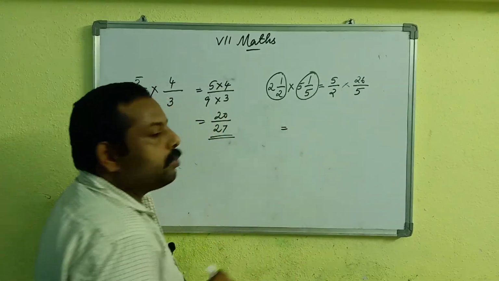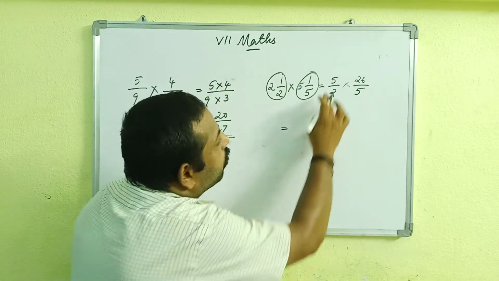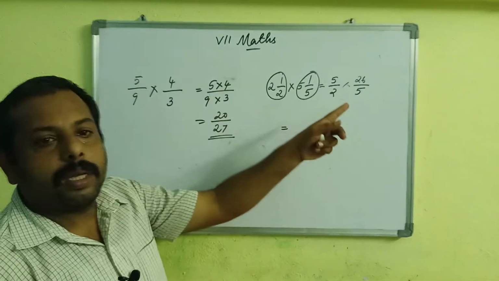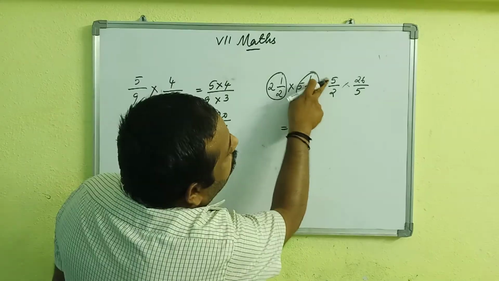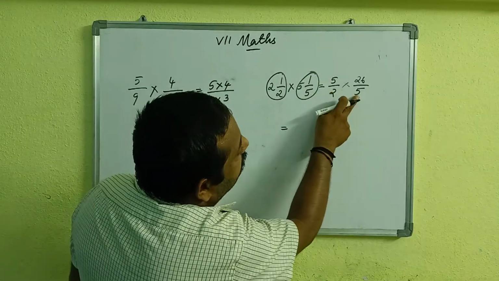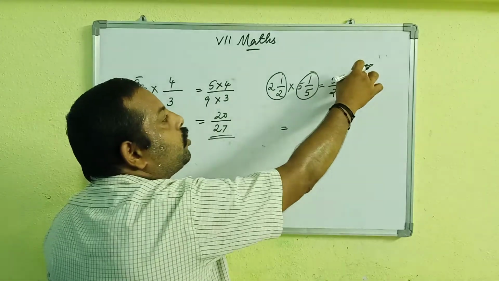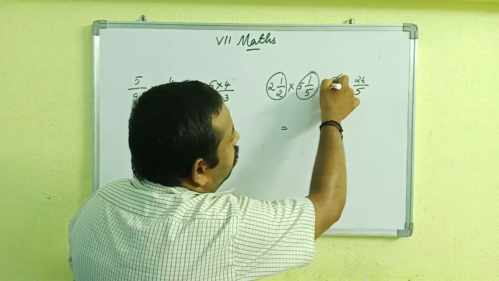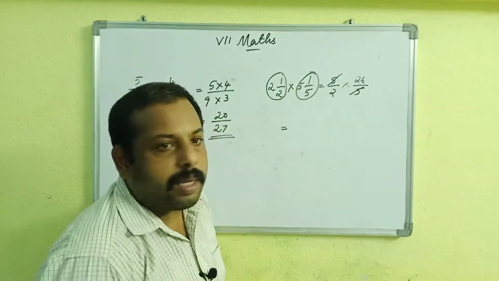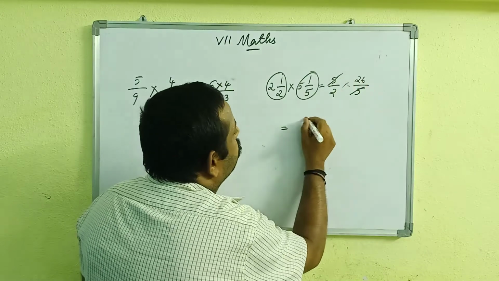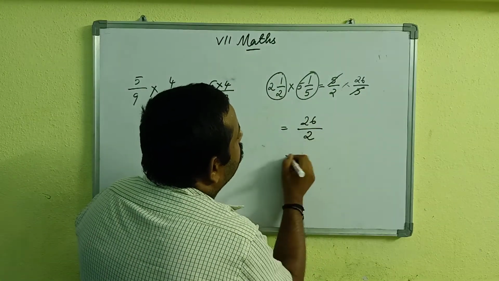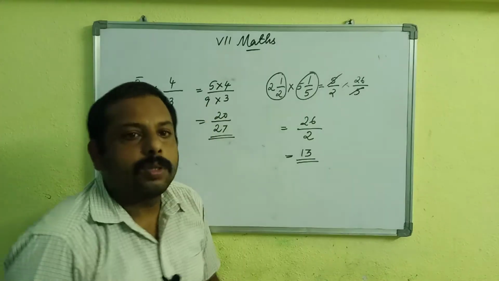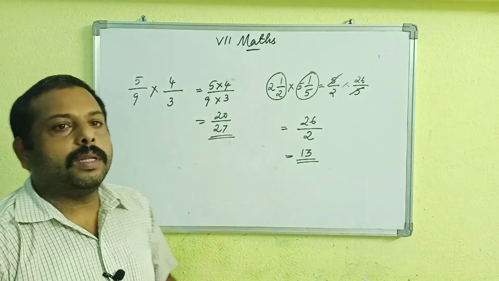It is equal to, the simple way, you can multiply this, 26 by 5 divided by 2 into 5. But you can see you have a 5 in the numerator and a 5 in the denominator. Don't cancel the others, but one 5 from the numerator and one 5 from the denominator can be cancelled. So finally what you have is 26 divided by 2. Whenever you divide 26 by 2, you will get 13. So this way you can solve the problems.